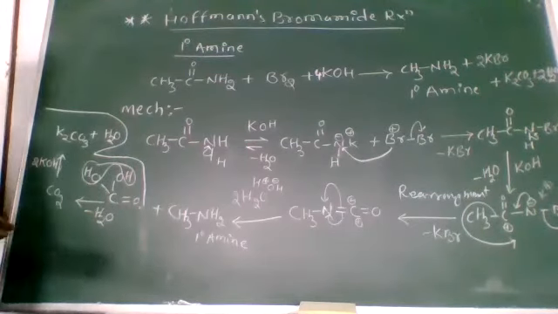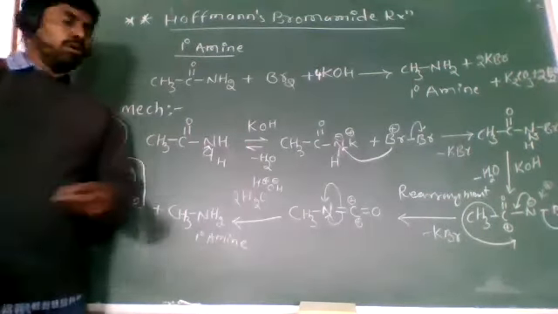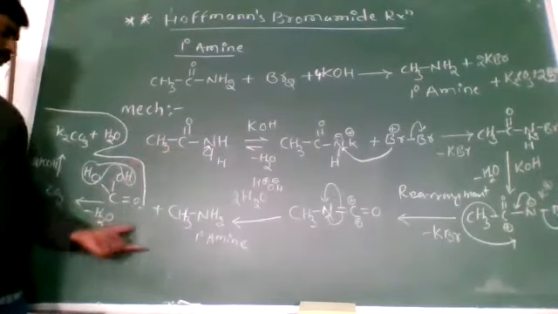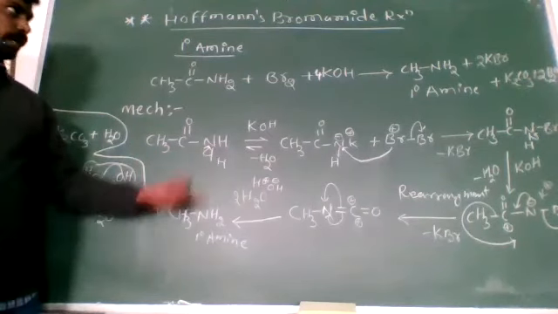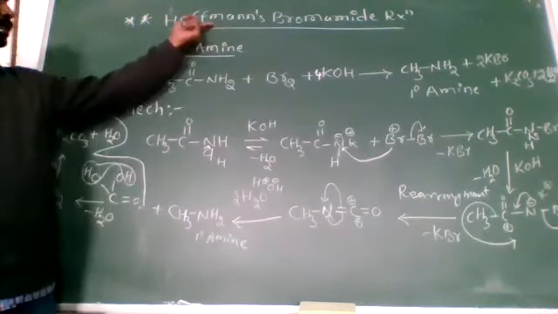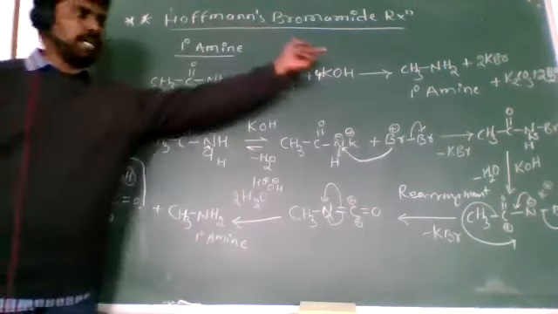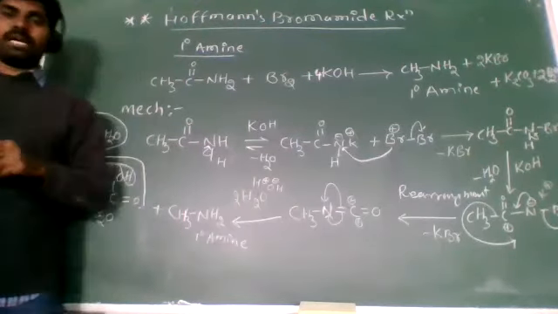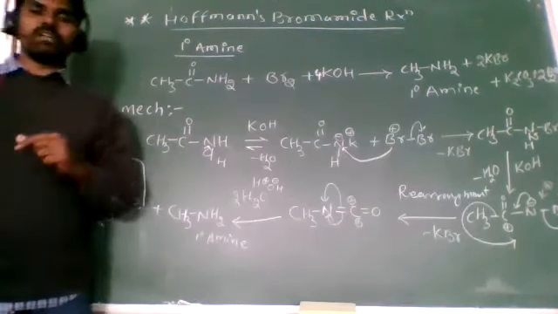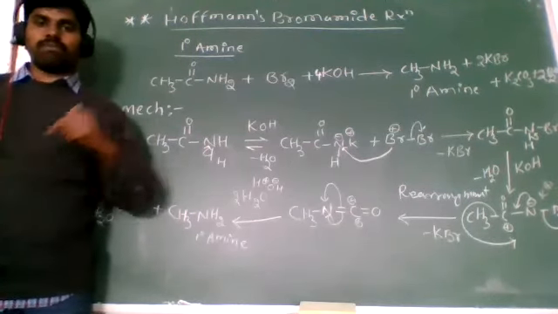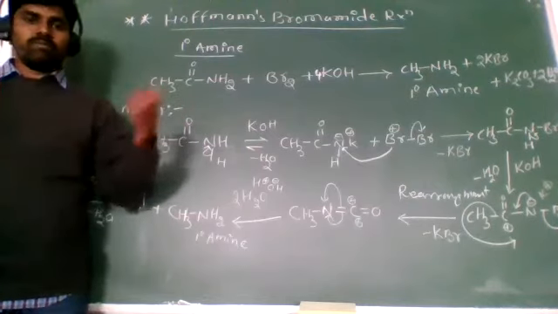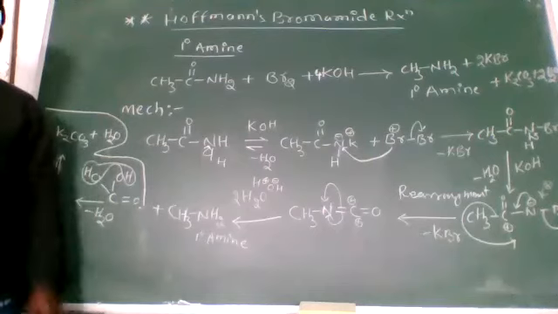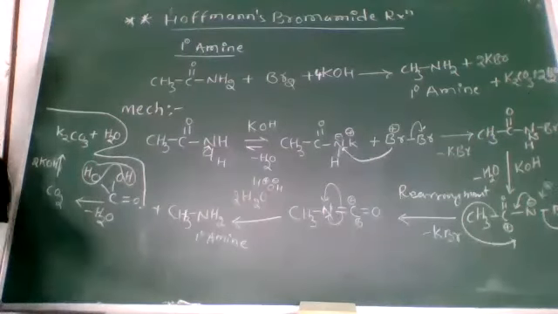Preparation of primary amine. So from the starting to the ending, this is the preparation of primary amine, and the method is Hoffmann's bromamide reaction. In the Hoffmann bromamide reaction we only prepare primary amines when amides are treated with bromine in the presence of base. Now there is formation of primary amines only. So this is the reaction. Write it down. Okay, right.